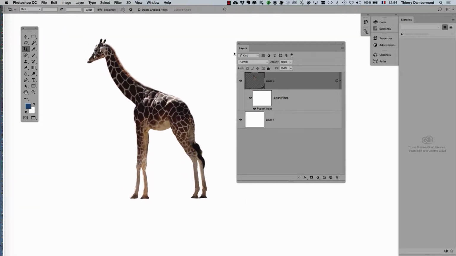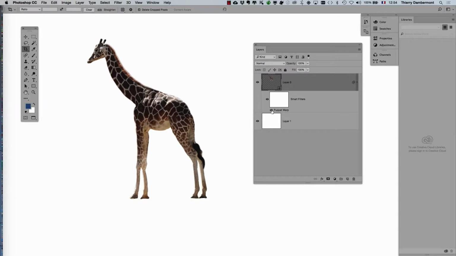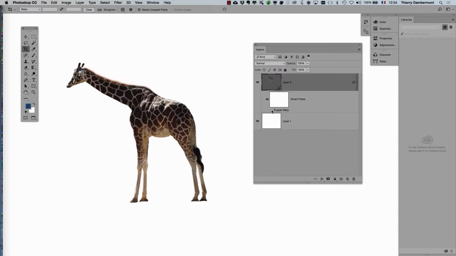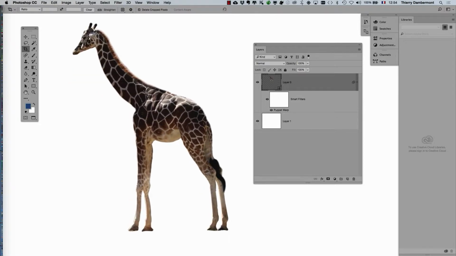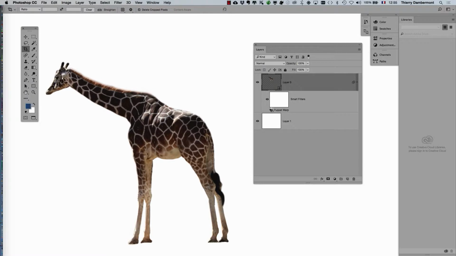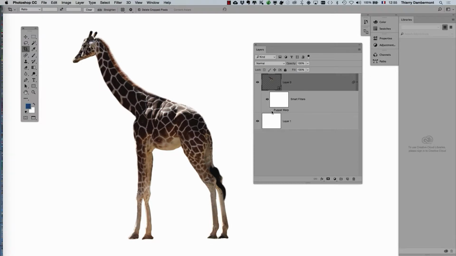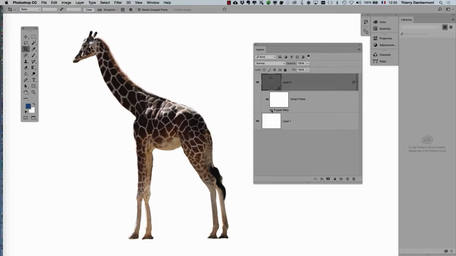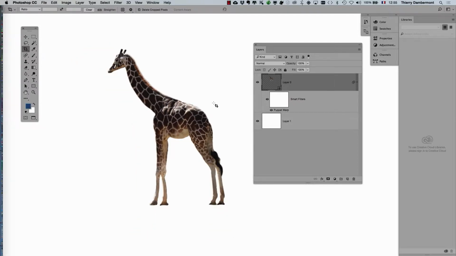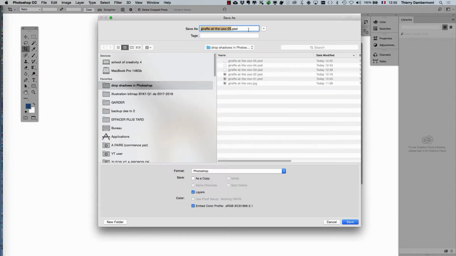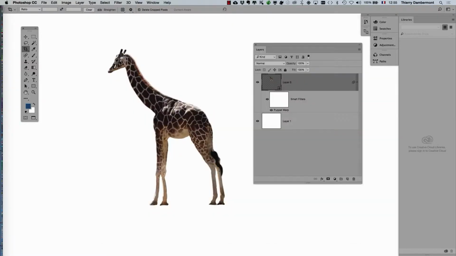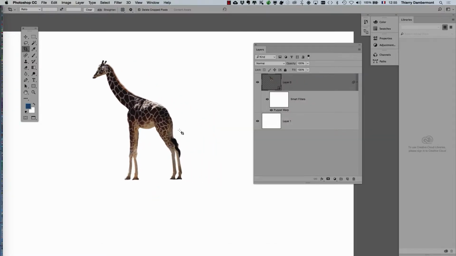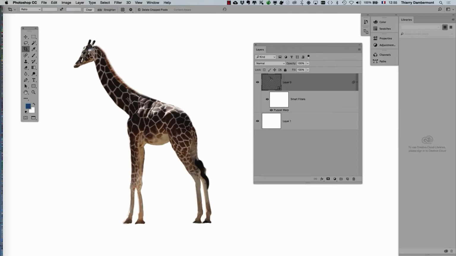So I validate, and anytime I wish to modify the silhouette of the giraffe, I will be able to do it. So let's compare with and without puppet wrap. So it was a really poor giraffe in the zoo, and now you have a giraffe in the savannah. Really fit. She's happy. Okay, save the file,